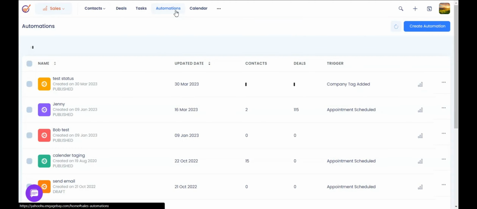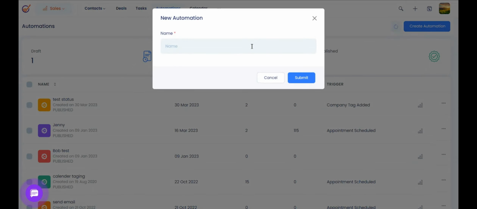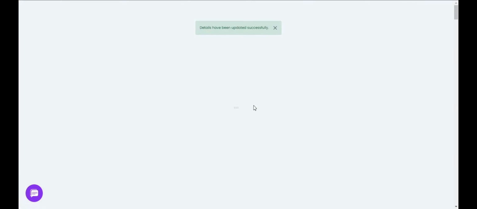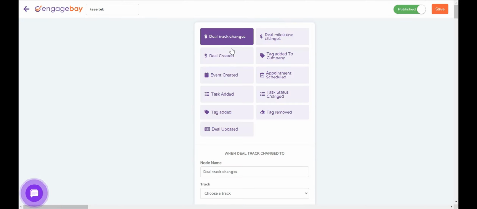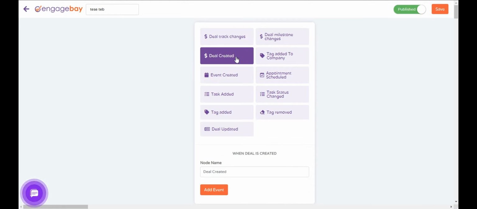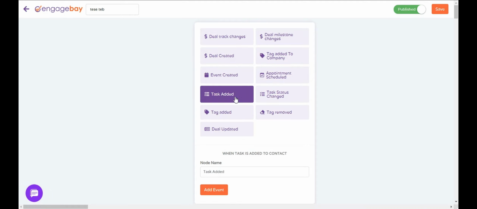So let's see how you could create an automation on the sales side. Once you click on Create Automation, it would ask you to choose a trigger again. This time, if you notice, the triggers are going to be different to what we had on the marketing side. Once I click on Create Automation, there we go, these are all sales-related triggers here. Once a deal track changes, or once a deal milestone changes, or even once a deal is created, or once somebody books an appointment with you, when a task is added, you can choose from any of these triggers to